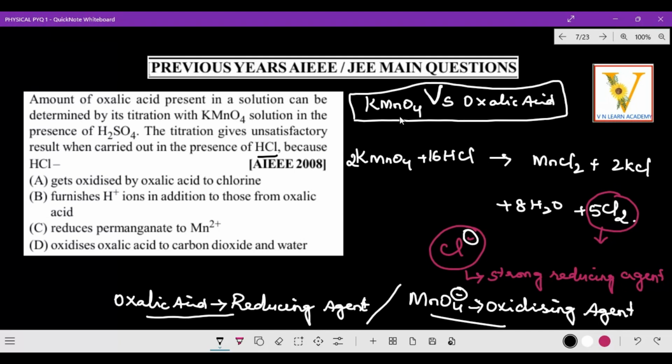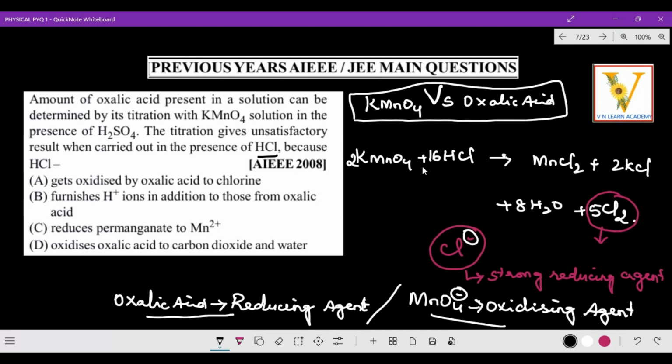Okay, let's find out why we can't use HCl and why we use H2SO4. That is the question. HCl also has H plus ions, and H2SO4 also has H plus ions available. Now why is there this partiality for H2SO4? Is it because it is the king of acids? No, not that way. Let us discuss. See here, the options have been given; I will read them later. Now, what is the exact idea? You just note it down, because a viva question is there.